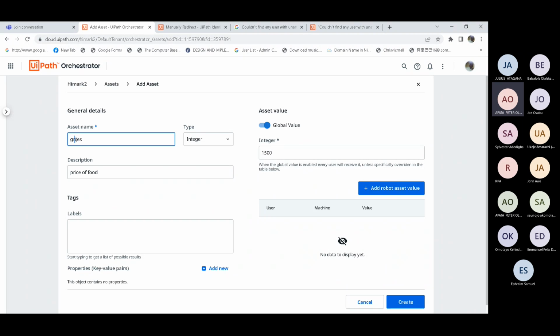So we are rest assured of not repeating the same code. We just store it on the orchestrator. We have created an asset; take note of it so we can save the asset.